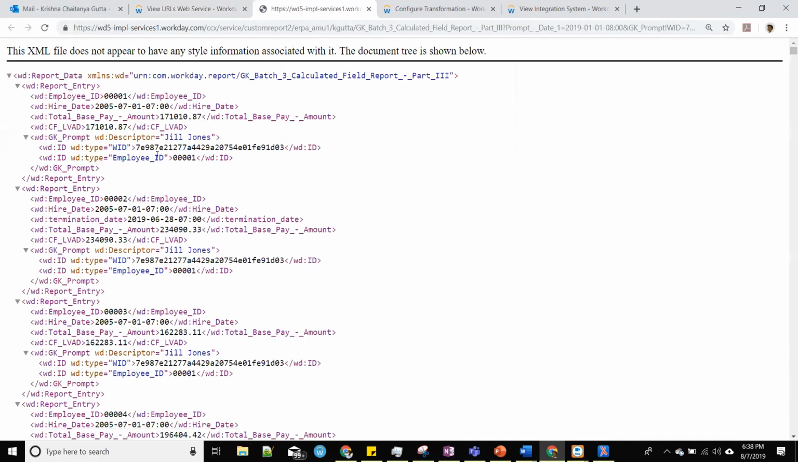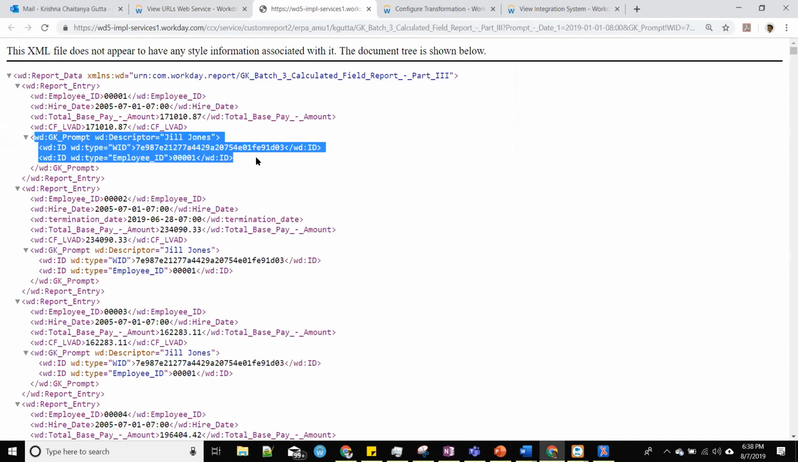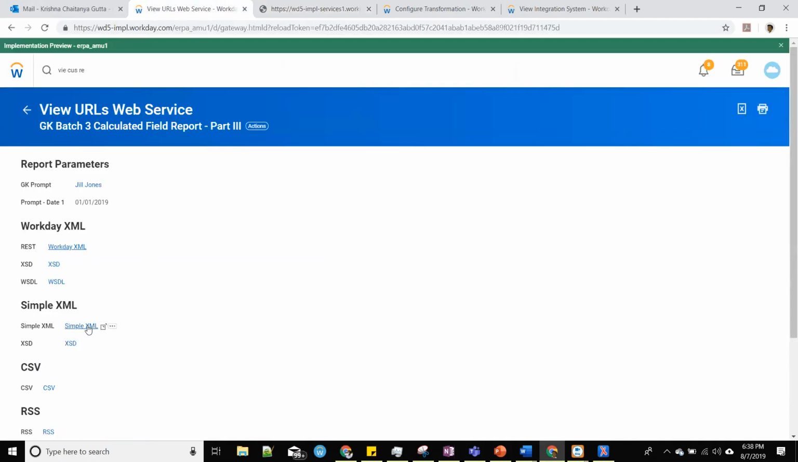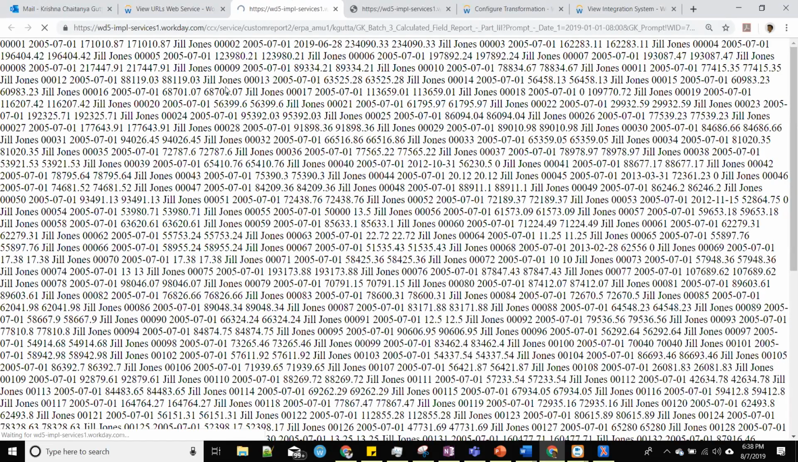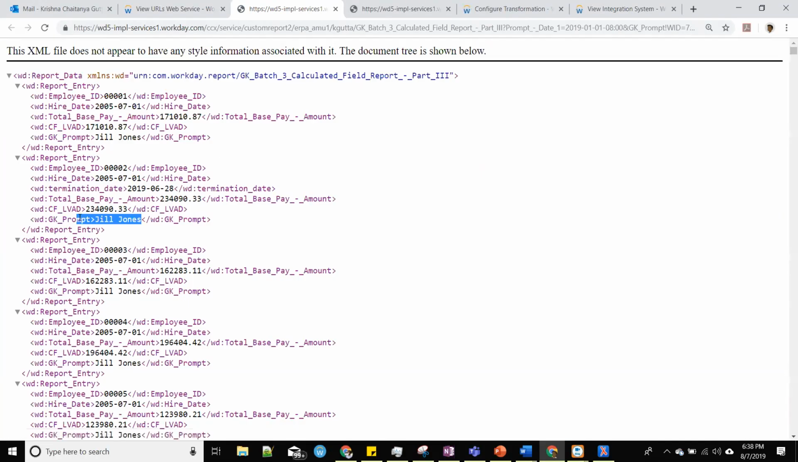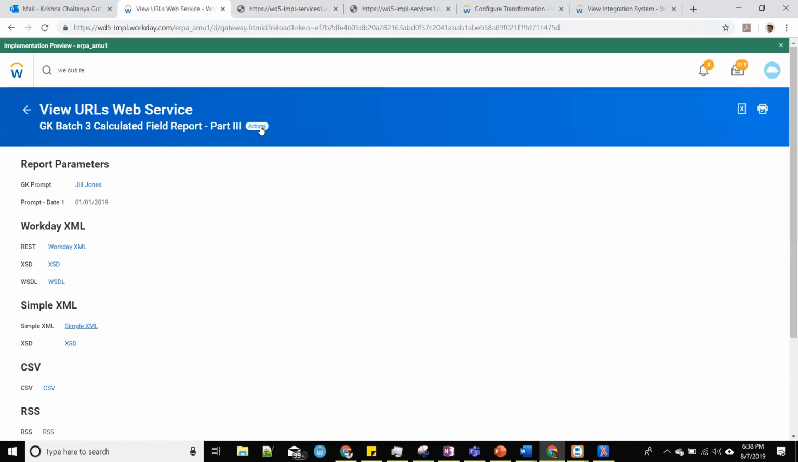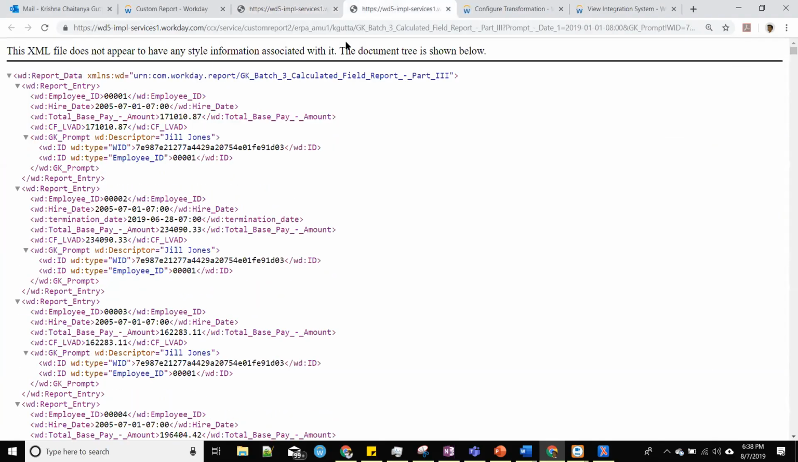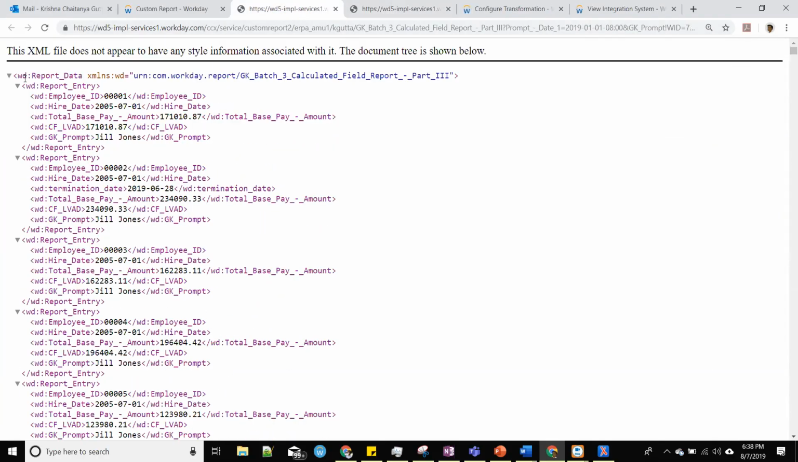This is the Workday XML, which has the reference IDs and employee IDs, and whatever the instance field is, we have the ID information for that. I can also go with simple XML, which, wherever an instance is there, just populates the value of that instance, not the underlying reference or ID field. Okay. So based on that, I'm going to start with my simple XML right here. I'm going to take the simple XML and use it in my